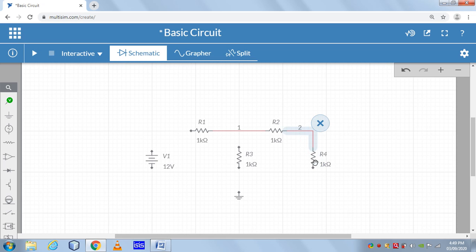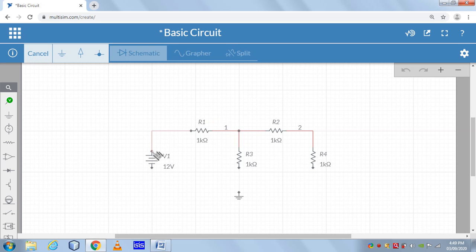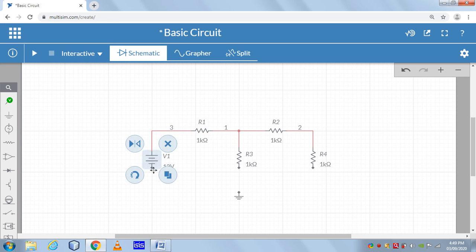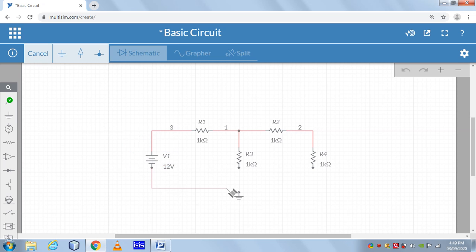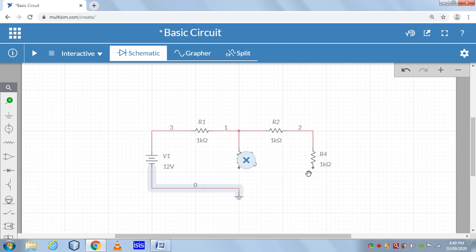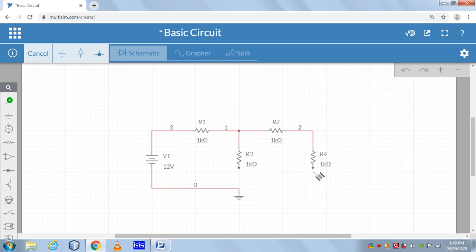This way you can connect all these components easily. Give me two minutes, I will make it for you. Just hover around this corner and it will give a dumbbell symbol. That is for the connection only.